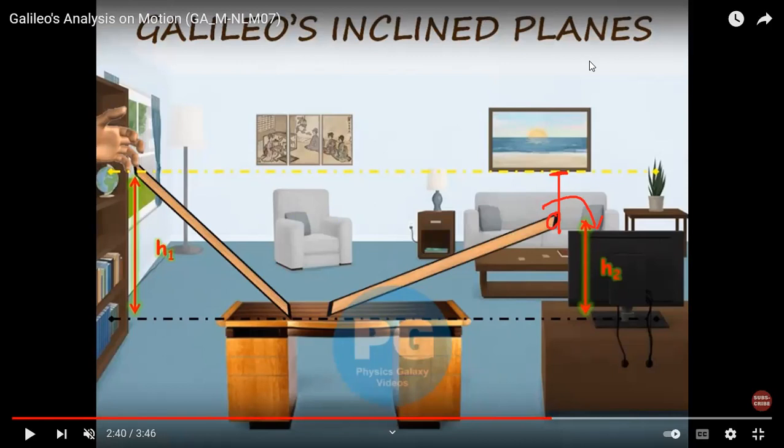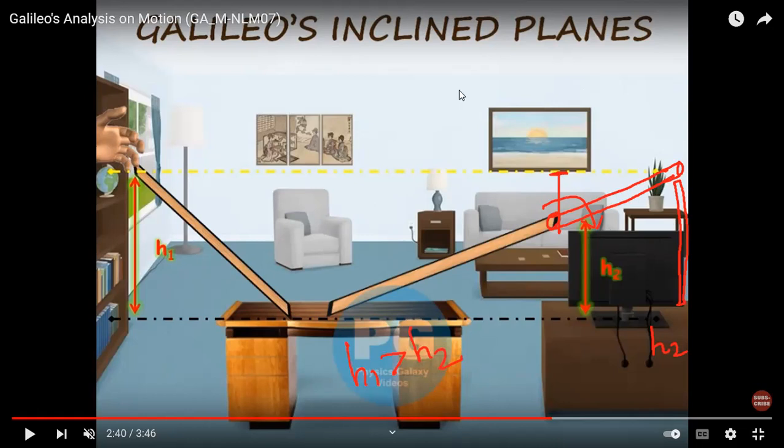Why? Because of the second plane. Suppose I extend this second plane till here, then what will happen, Hari? It won't fall down. Yes or no? It won't fall down. It will travel till here and come back again, because by the time H1 is equal to H2. But here, is H2 less or greater? H1 is greater than H2, so the ball will fall down out of the plane. Clear, everyone?